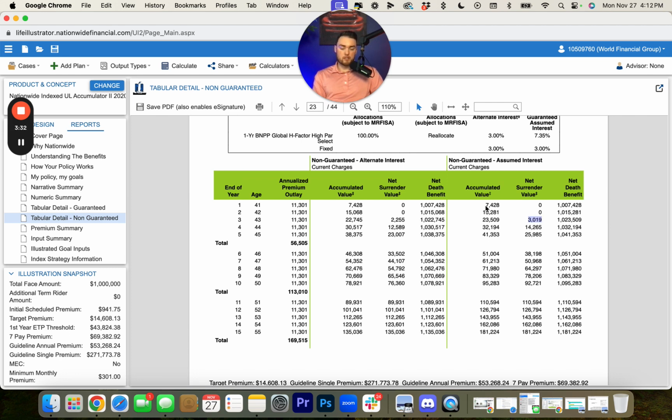So your cash value is $7,400 in year 1, $15,200 in year 2, $23,000 in year 3. So yeah, you're still getting cash value, but you don't have any access to take out loans until year 3. And then when you do get access, you only get access to $3,000. It's not until year 4 that you have access to $14,000. So not absolutely terrible, but that's not even the way that the conversation is